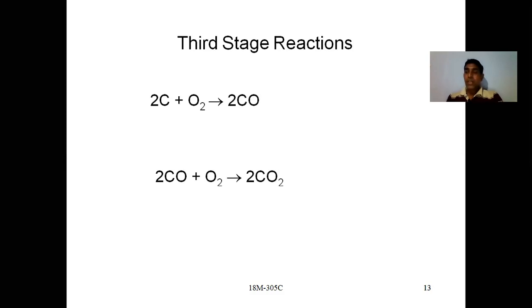So in the initial first stage, silicon and manganese are removed. In the second stage, phosphorus is removed. In the third stage, carbon is removed in the form of carbon dioxide. So in the first stage and second stage, they are removed in the form of slag. First, they are oxidized and they will form slag, and the slag can be easily removed. So these are the three sets of equations. That means three stages of equations we are having in the puddling furnace to get wrought iron.